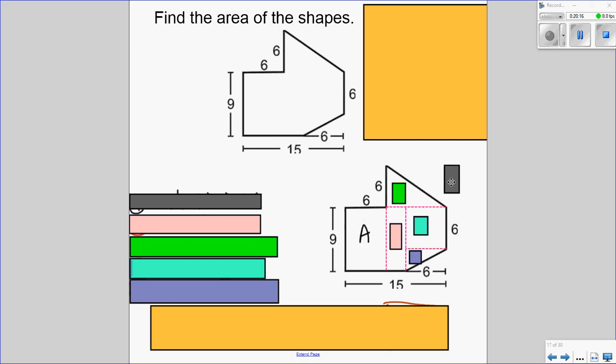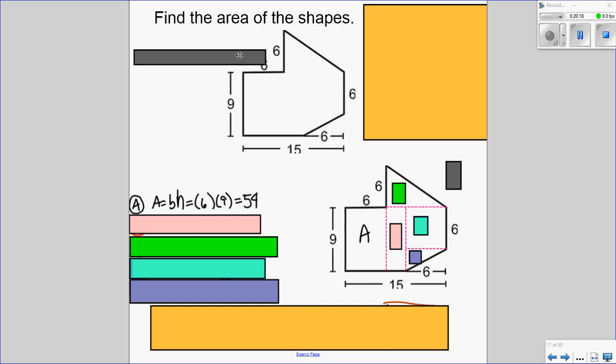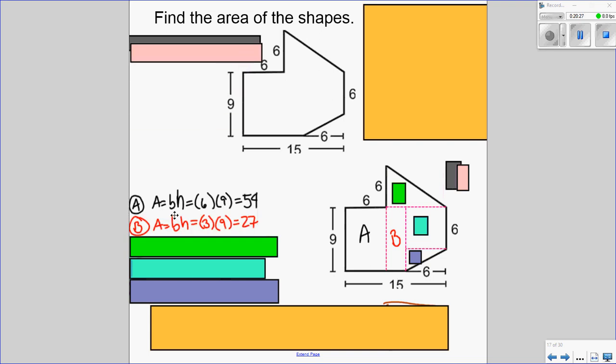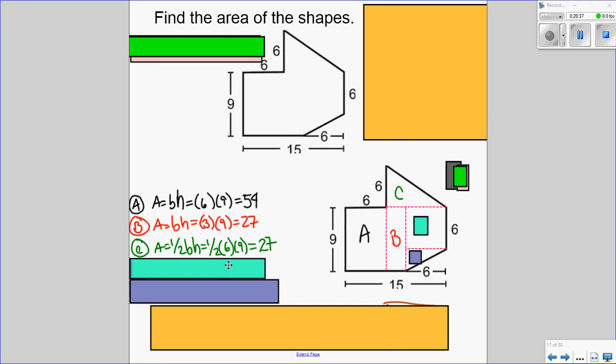The first one was A, which is a rectangle. I used that and found the area. For B, it's also a rectangle. Base times height, or length times width, same thing. Found the area, 27. I labeled the triangle C and found the area of that. Half base times height. Found 27. Then I found the area of D,